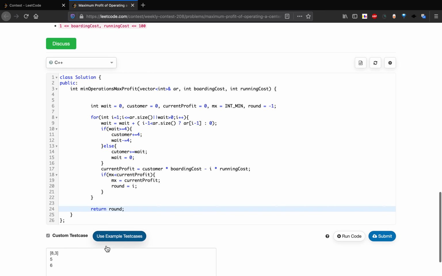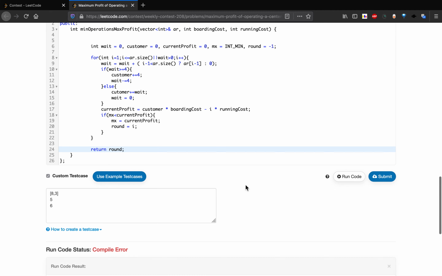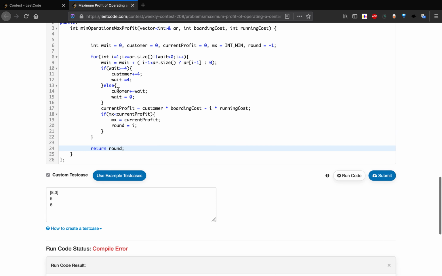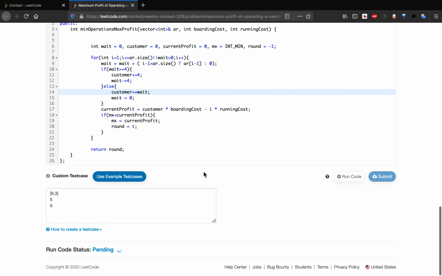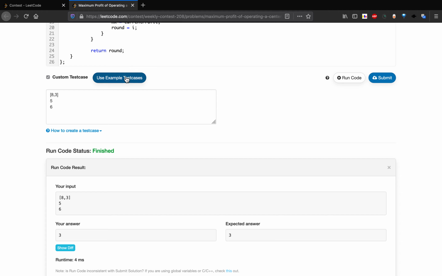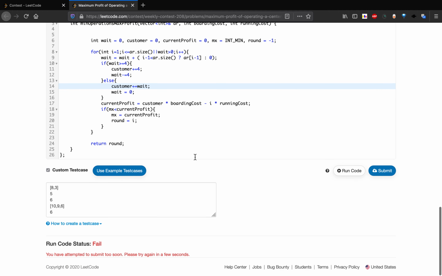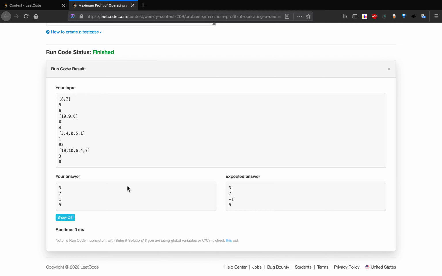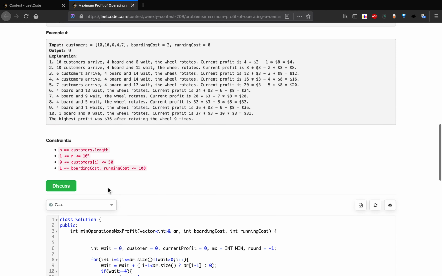Okay, so let's run it on the sample test case. Compiler error: customer plus equals to wait, we have to add an s here. Okay, so let's run on all sample test cases. 3, 7, 1 and 9. So here is the case.